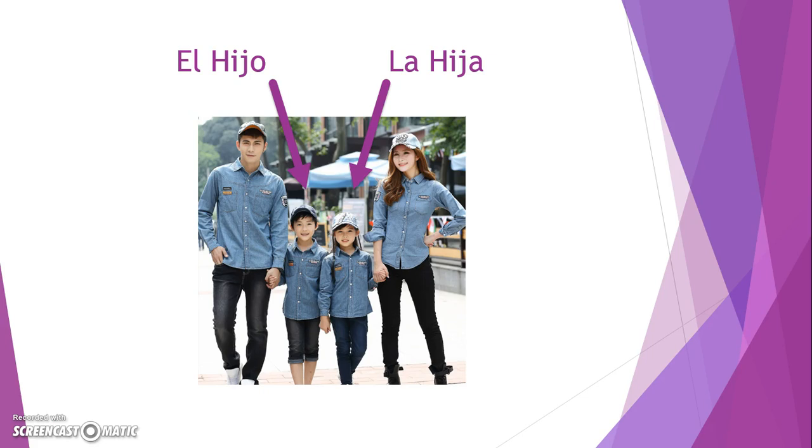Okay, we have el hijo, which means the son, and la hija, which means the daughter. Okay, so they look similar. The only thing that changes is the ending, which is an O for a boy and an A for a girl. So son and daughter. El hijo and la hija. Remember, we have the silent H's. So all you're pronouncing is the I, the J, and the A. You're not pronouncing it like you would with a regular English H. So it's hija or hijo.